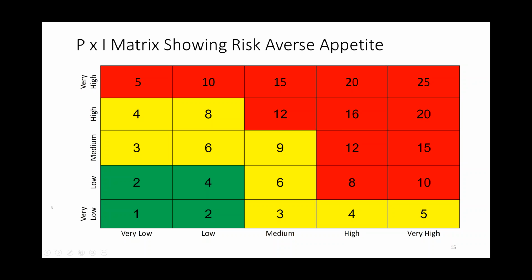And this one shows I'm very risk averse on whichever particular objective this is. So I've only got 4 boxes that are low risk, and I've got 12 boxes that are red risk. So I'm very risk averse here. And just the way I differentiated on the combination of probability and impact that indicates that something is a high risk versus a medium risk versus a low risk reflects my risk appetite, reflects the amount of uncertainty that I'm willing to tolerate on a particular objective.